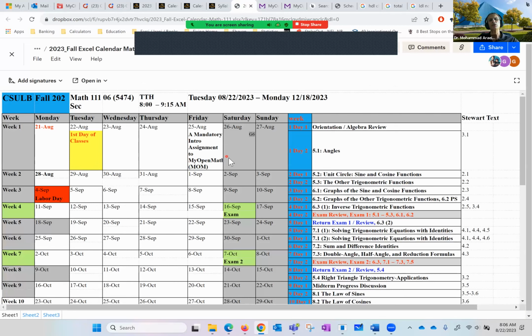And what I want you to pay attention to, a couple of things. Number 1, there is a mandatory introduction assignment to my open math, which is due this Friday, and then there is another one on Sunday. I'll show you when we go tomorrow. And on this right column, it tells you the sections that are being covered. And we're going to try to stick to that schedule. We may go a tad slower or faster, but basically, if you ever miss a class, you can follow the calendar here. Going back to the syllabus,